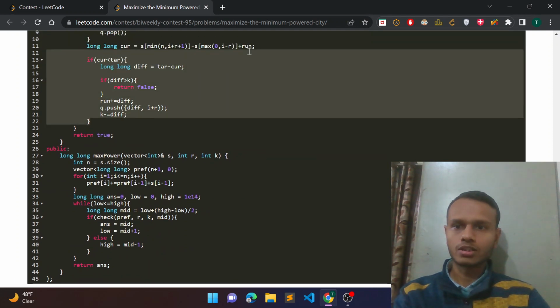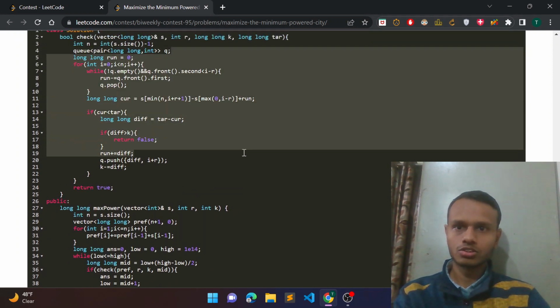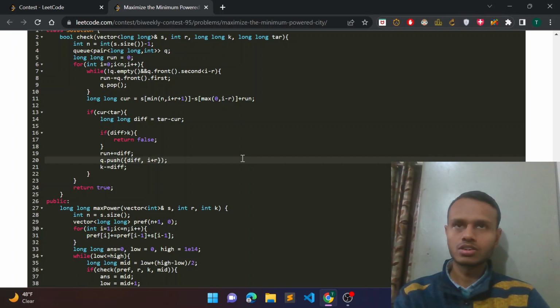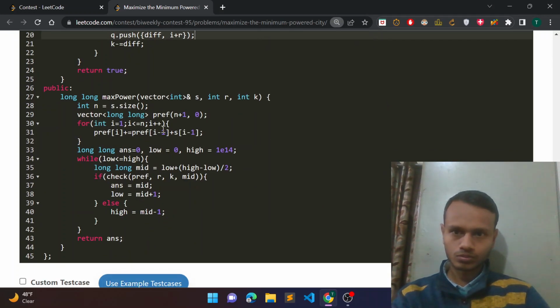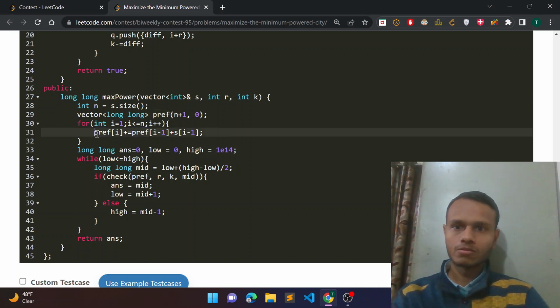So I am using binary search on answer to get the answer. Here I've calculated a prefix sum array, storing the number of power stations,